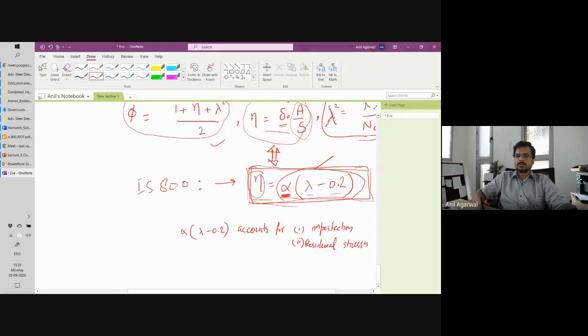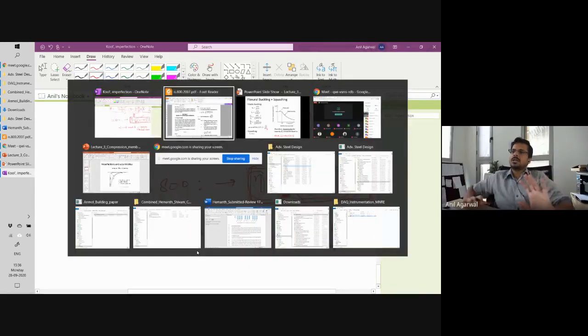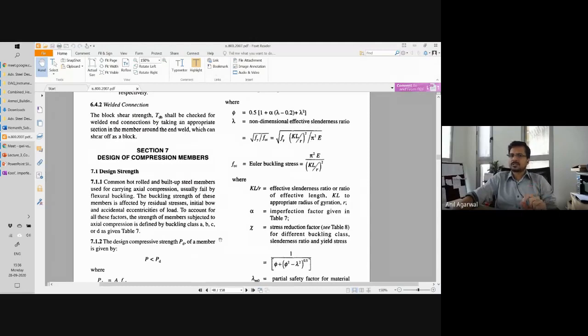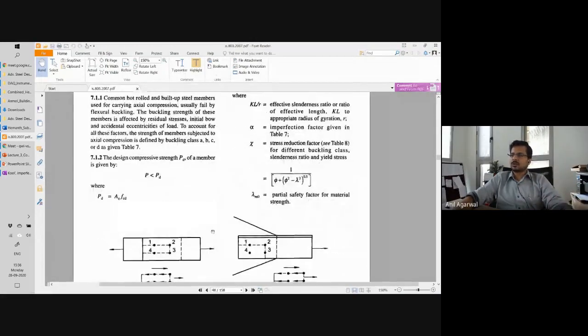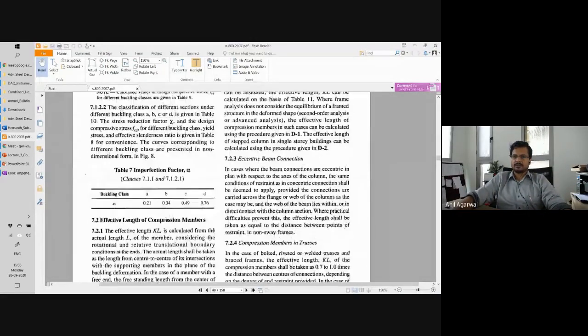Okay, not only one. And more importantly, alpha is likely to account more for the residual stress, and lambda minus 0.2 should have more role to play with the imperfections. I mean, it's premature, or not a very mature thing to say that this is how it is split, but that is what it is more likely. Okay, so even though alpha is called an imperfection factor, it does not only account for the geometric imperfection effects. If anything, it actually accounts for residual stresses more than the imperfection effect.